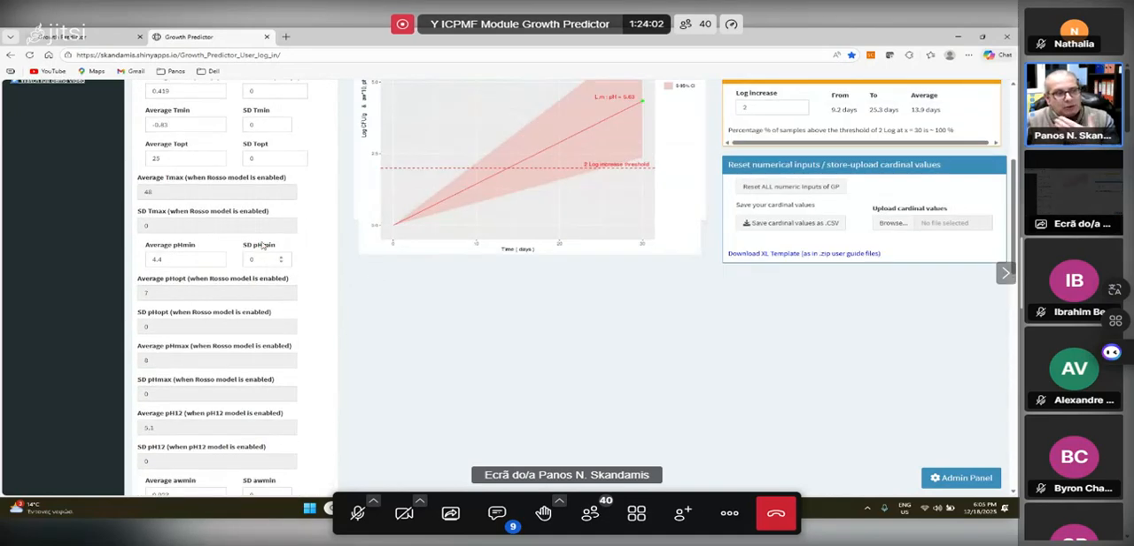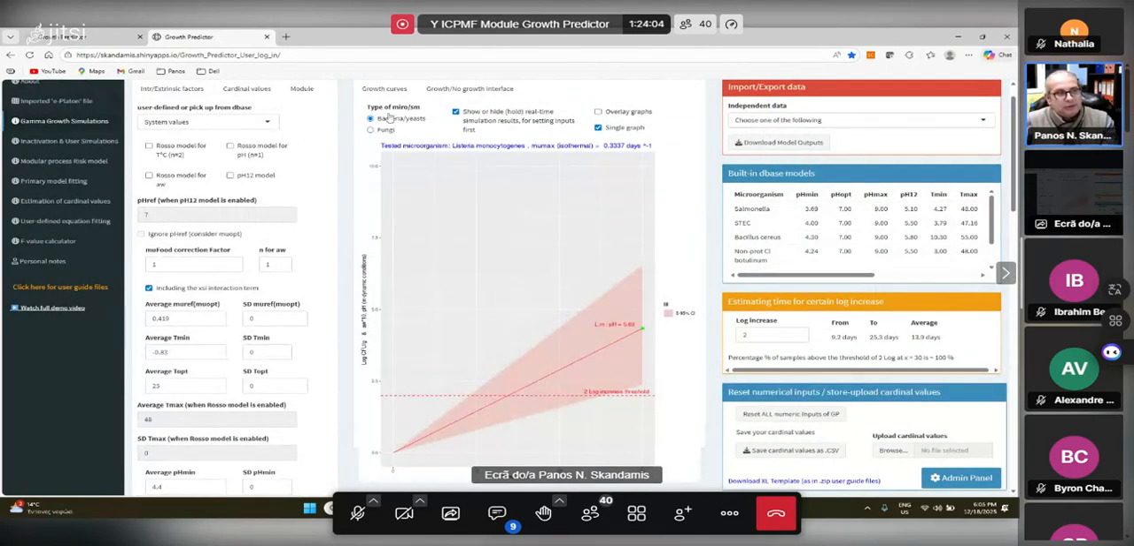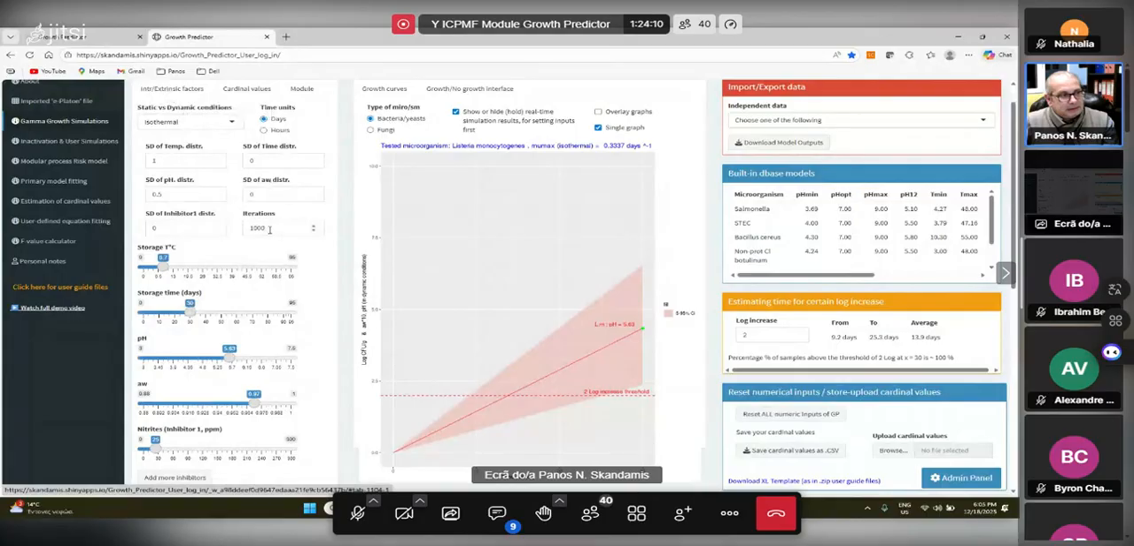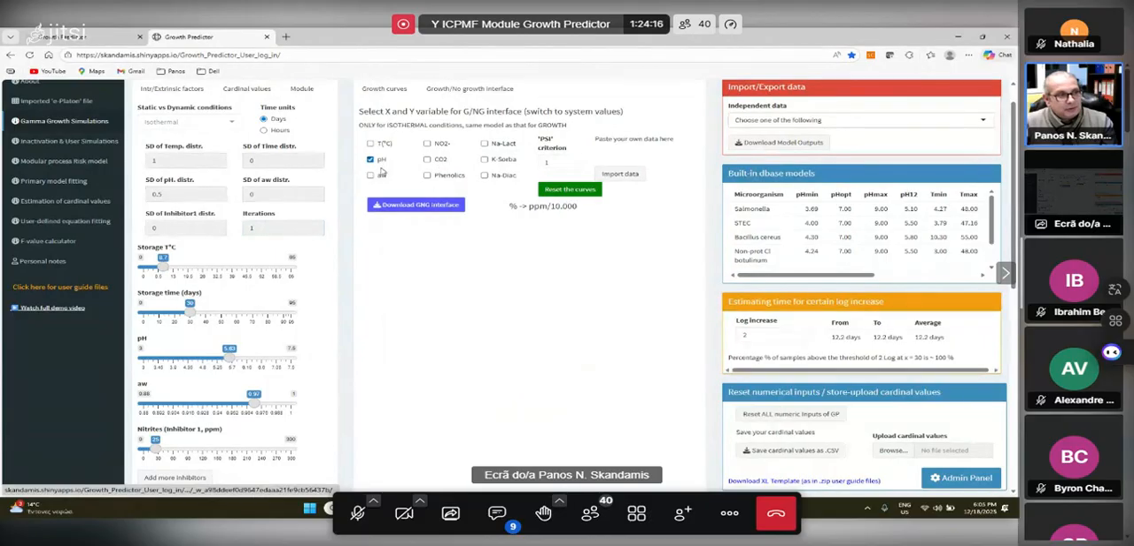So you have a bunch of different options to introduce. And this is the growth, no growth interface. So if I switch back to one iteration to save some time and resources, I have to always click a combination of two variables in order to get the interface. If I click more than two variables, one will be automatically removed because I get a two-dimension growth, no growth